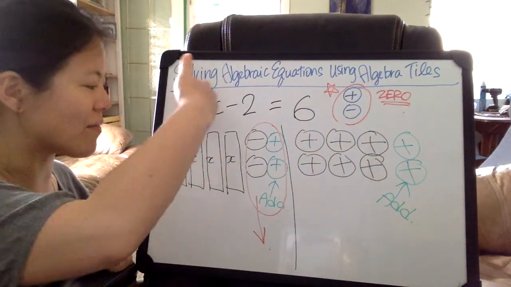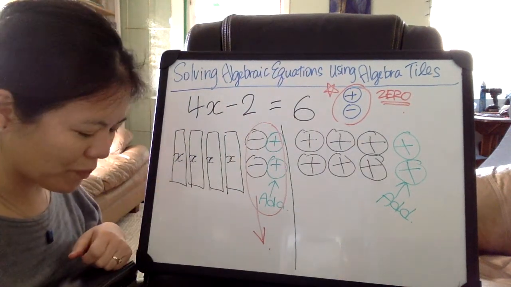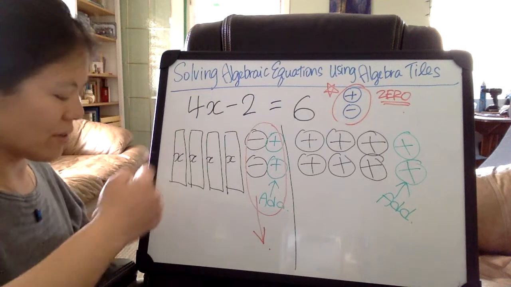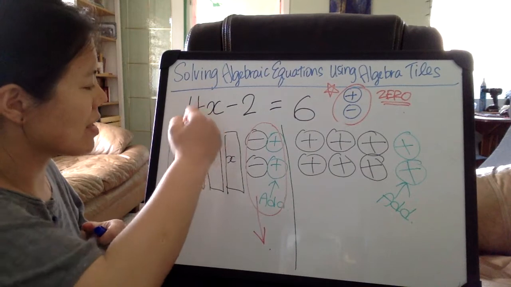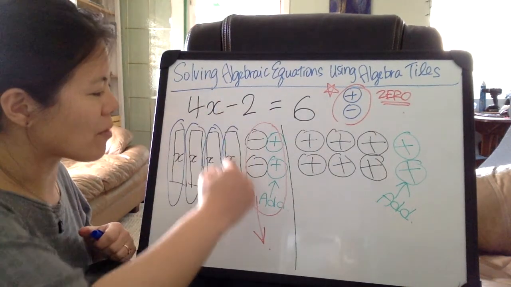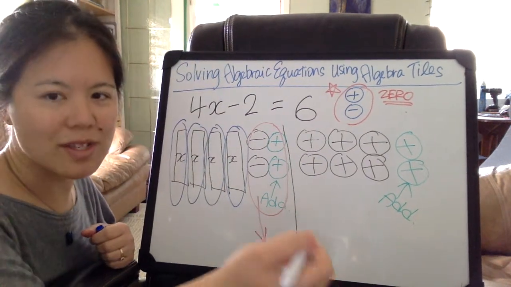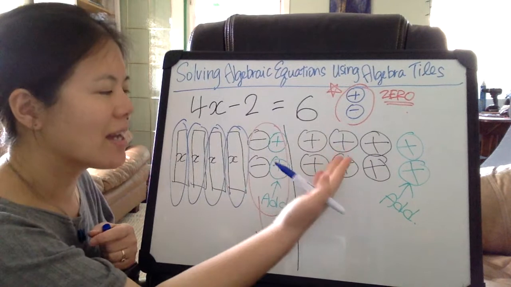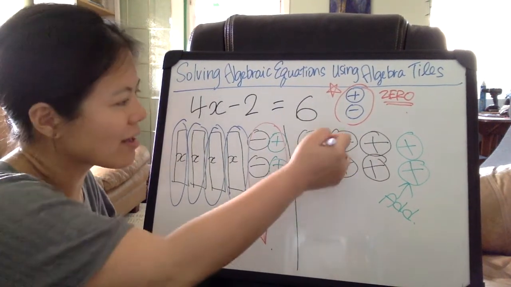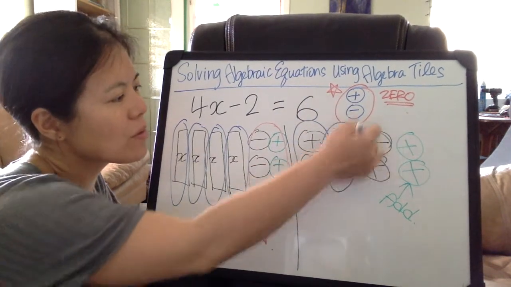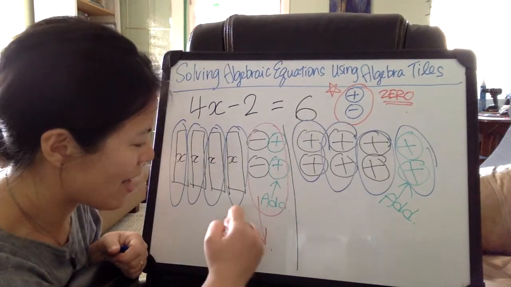Well, I can divide this by 4, so I can isolate x. So I'm dividing this side by 4. And remember, if I do one operation, I always have to do the same operation to the other side. Can I divide the other side into 4 equal parts? Yes, I can. 1, 2, 3, and 4. So at the end, I have x